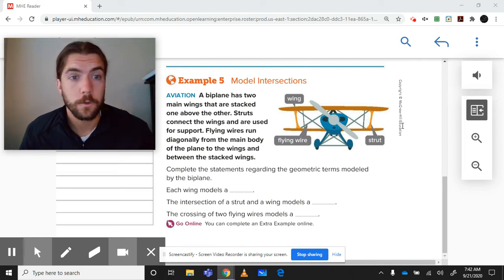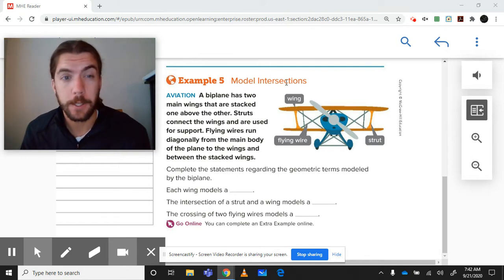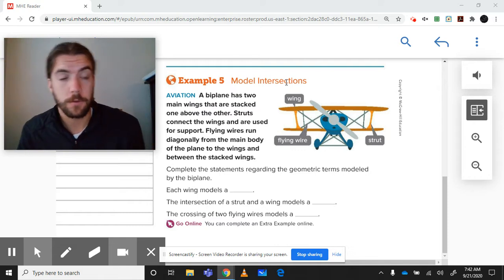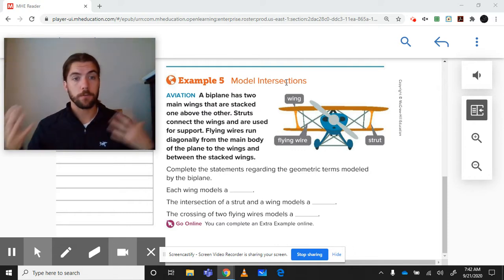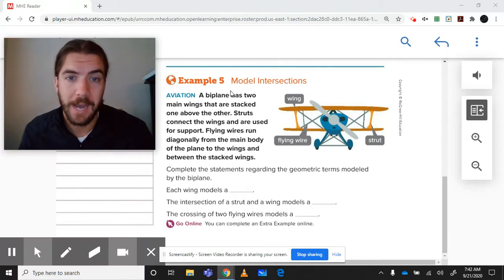Okay, so in this one, we're going to be modeling intersections. So just to remember what I said before, modeling means that we're going to find things in the real world that kind of represent these ideas fairly well, even if they may not be perfect definitions or perfectly fit our definitions. Okay, so a biplane, which just means a plane with two wings, bi meaning two,